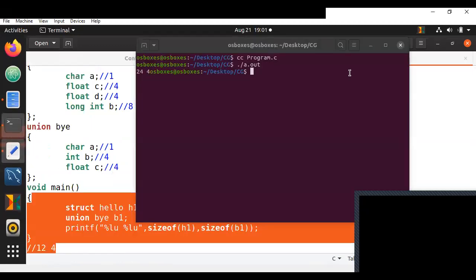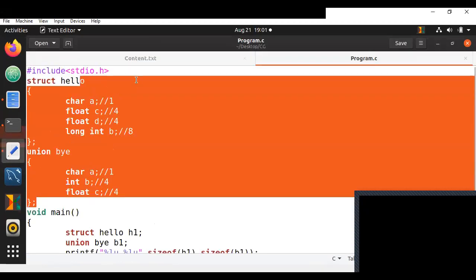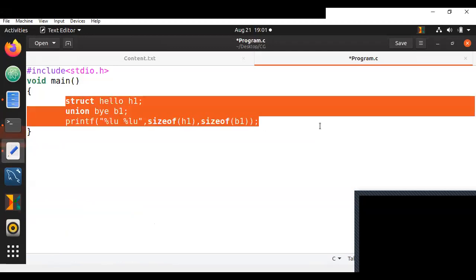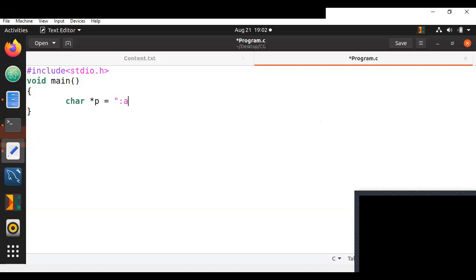Now, let us go away from structure and union, and go to some other concepts, particularly in C and pseudocode today, so that we can go ahead to C++ from tomorrow. From tomorrow, everything we will learn is going to be only object-oriented programming questionnaire. So here, let's take a character array as, let's say, AYQM, and we try to print just one character, that is plus plus star of P plus plus.